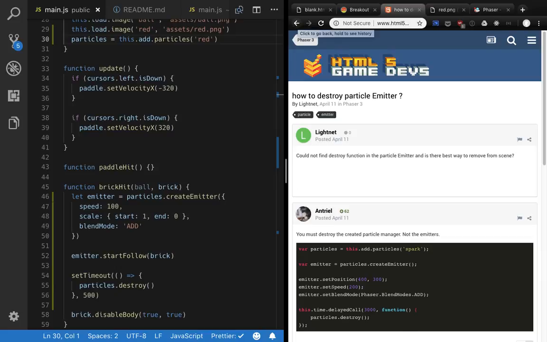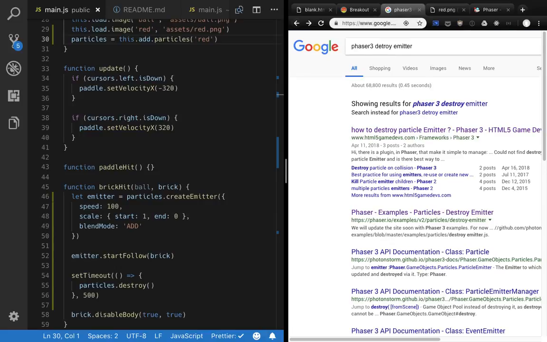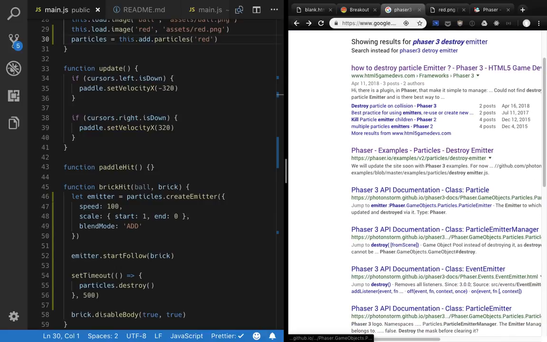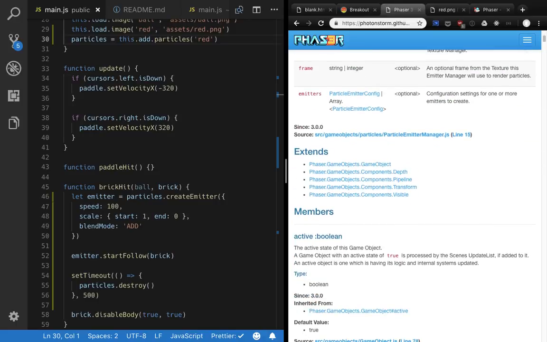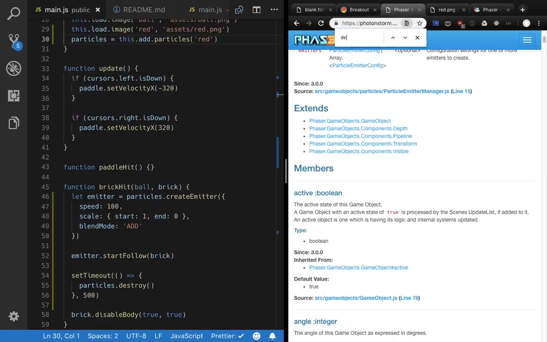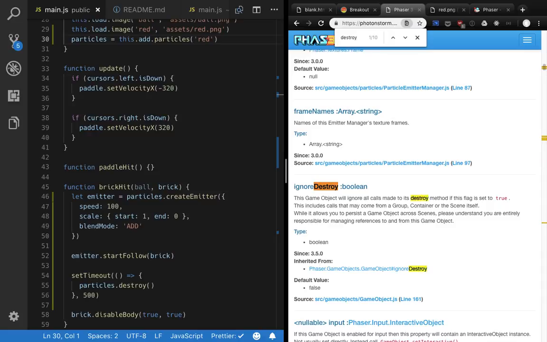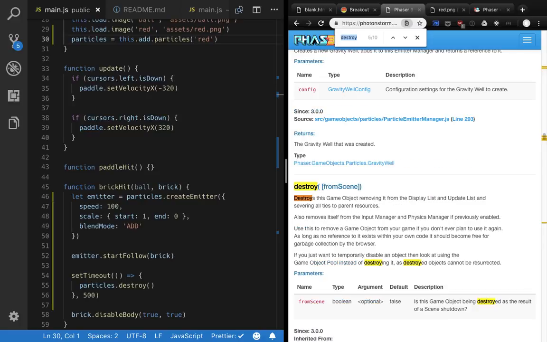I cannot find the destroy function of particle emitter. Particle emitter manager. Aha. Ignore destroy. Destroy. It destroys the game object by removing it from the display list and update list. Also removes itself. Use this to remove a game object from your game if you don't ever plan to use it again. As long as you don't want to temporarily disable an object and